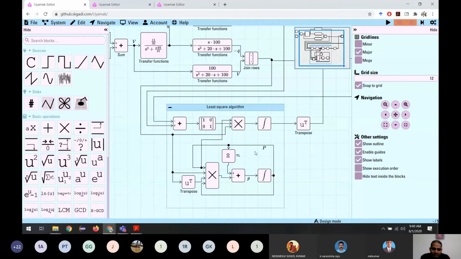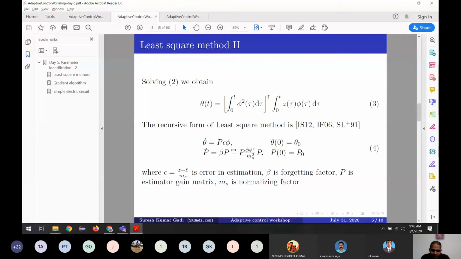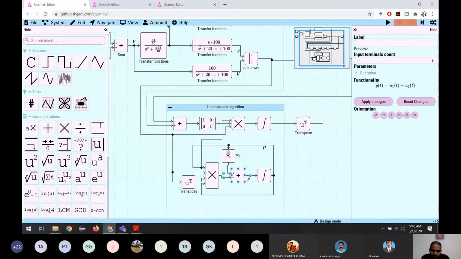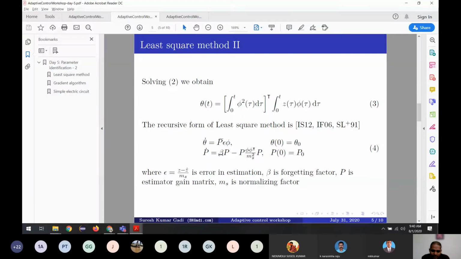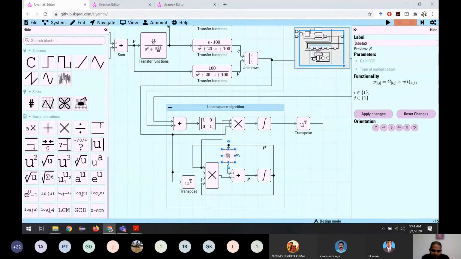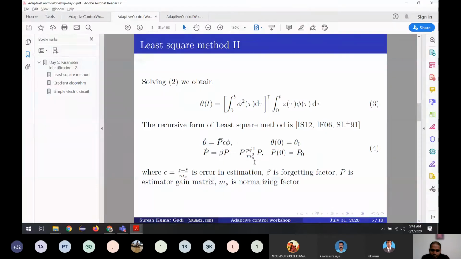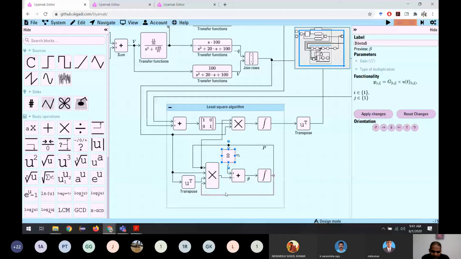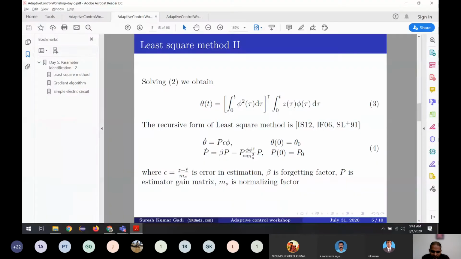So what does the algorithm say? First see this term, which is very simple. P dot is the sum of two terms. The first term, the positive term, is beta times the P. So beta is multiplied with the P, and we get this first term. What does the second term give? The second term is negative. It is already negative, so we have to get this part. We consider ms as 1, so we can just ignore this part.